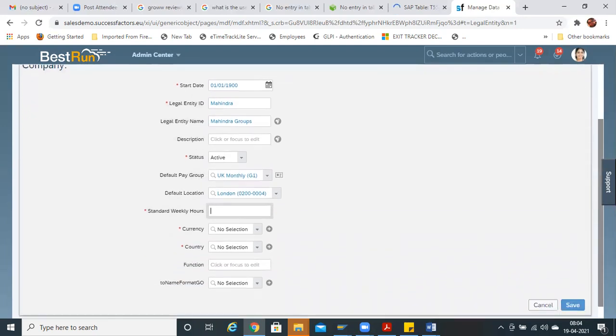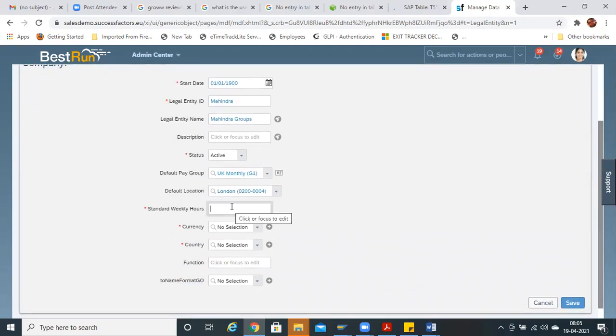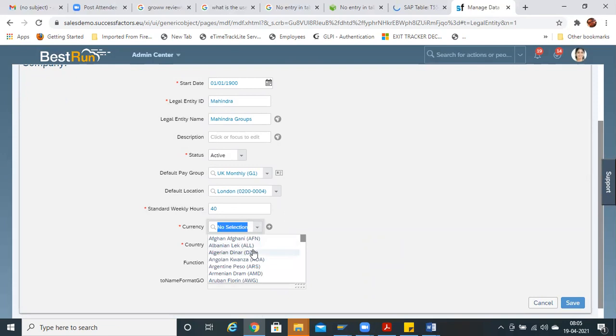Standard weekly hours depends again on the company requirement. Somebody works 5 days a week, so 5 into 8, 40. You may mention directly 40. Currency, I mention INR only.